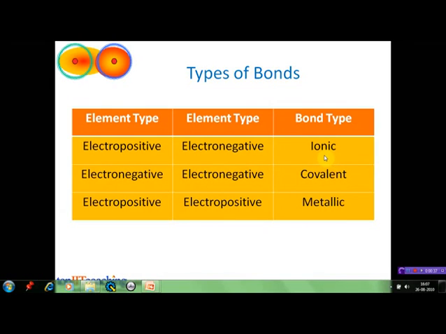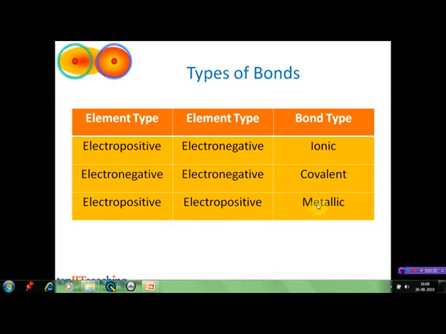Ionic bonding involves complete transfer of one or more electrons from one atom to another atom. Covalent bonding involves sharing of one or more electrons between two atoms. And in metallic bonding, valence electrons are free to move throughout the crystal. We must bear in mind that the above three types of bonds are idealized in the sense that generally molecules show character of one or more bond types.